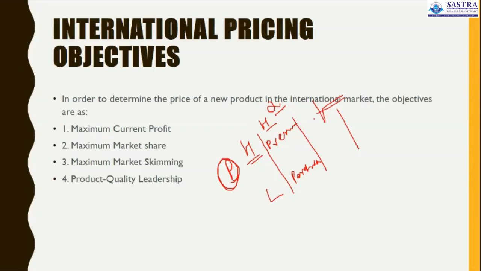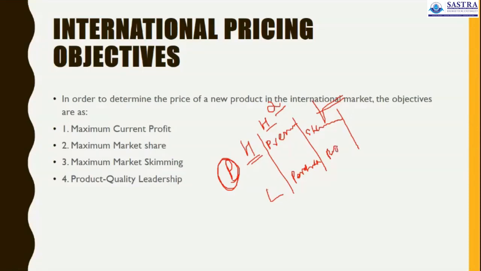We can have the high quality, high price product, which may be available with respect to the low quality. They are charging a high price, but with respect to the quality of the product, it is very low in the market. We call it a skimming price. And we can take the price of the product is low, the quality is also low. We call it economy pricing.